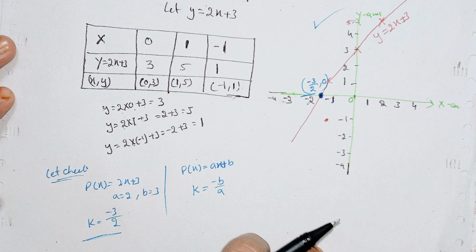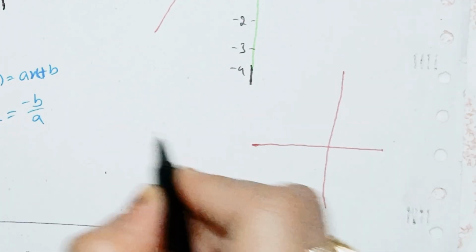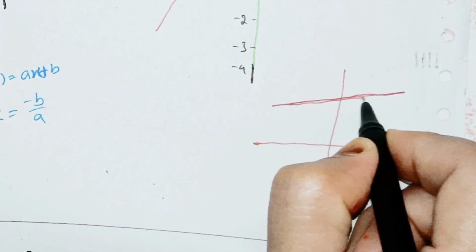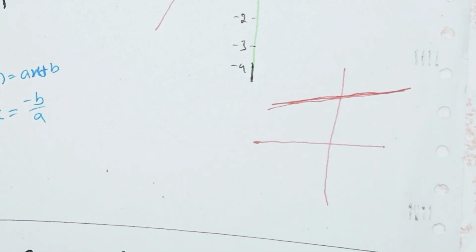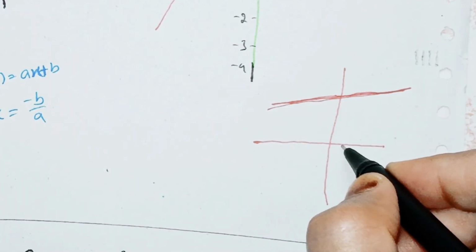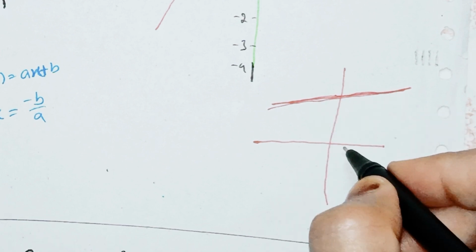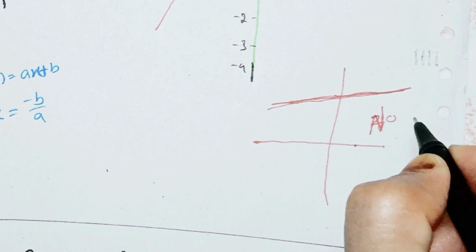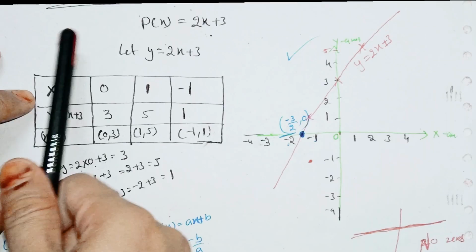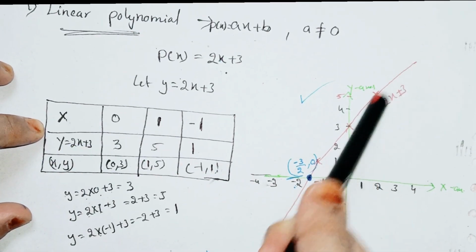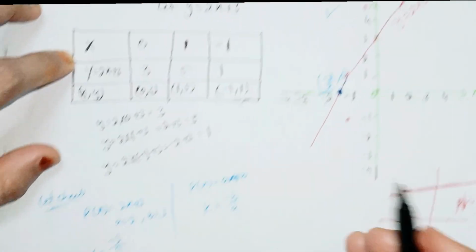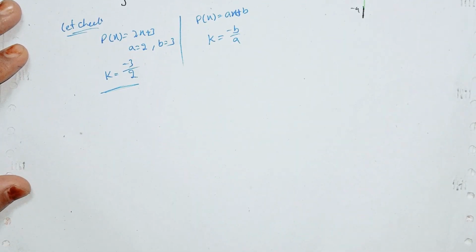Let's see how the graph looks when no zeros occur. Here you go guys, this is the graph, where we have the x-axis and y-axis, and this is the line. Sometimes this line does not touch the x-axis. In this case we can say that this has no zeros, because this line is not touching the x-axis. The graph of a linear polynomial is always a straight line, whether in this way or this way or this way. Now we'll move to the second one.